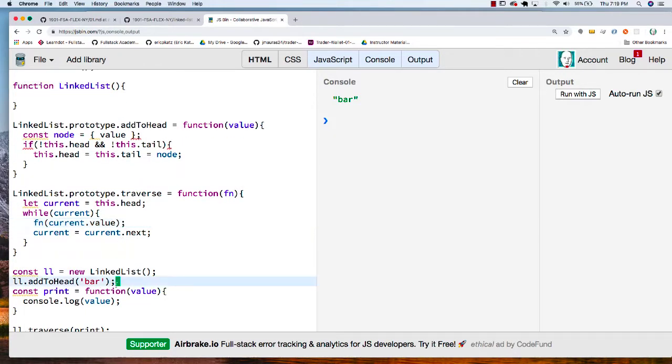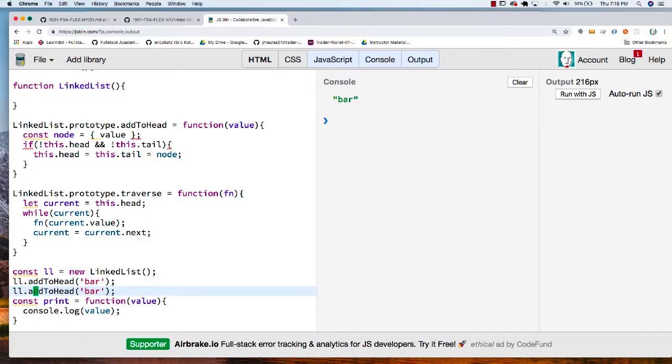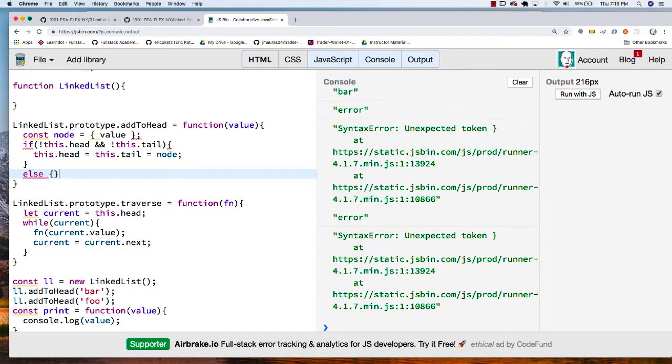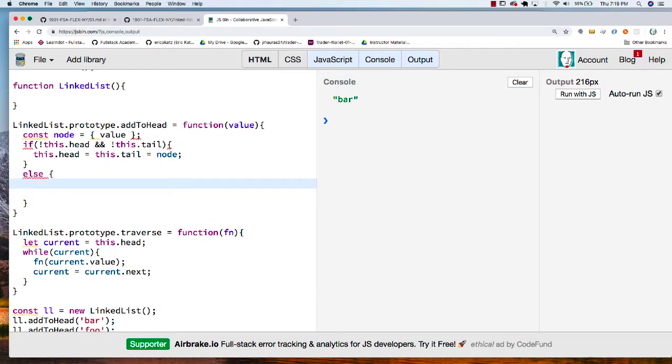So let's test one other thing out here. I'll change the order in a second. But what happens if I add foo to the head? I still only have bar there because I've only taken care of my edge case, which is this. Now, if I make it down here, what does that mean? Well, that means I actually have a head and I have a tail. I want to add something to the head. So again, I've got my node that I created. So the logic there is to say, hey, look,